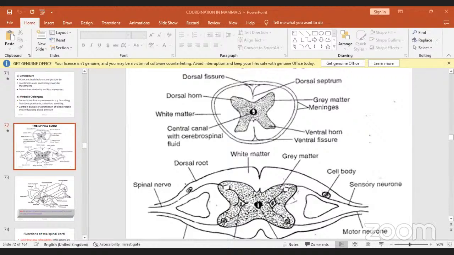Chitin is a polysaccharide. Chitin is made up of amino sugars. It's not entirely a protein. It is mainly a carbohydrate made of amino sugars, but it has some protein components inside. It has the amino group and the carbohydrate group. So we say that chitin is made up of amino sugars, and chitin is secreted by cells of the epidermis